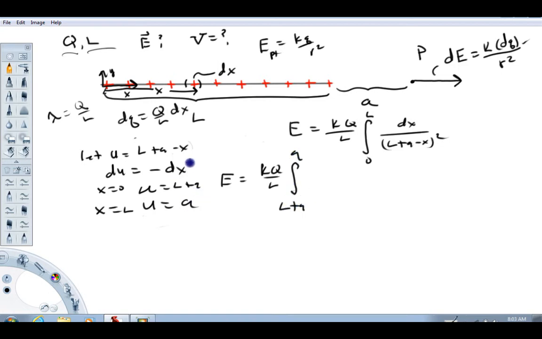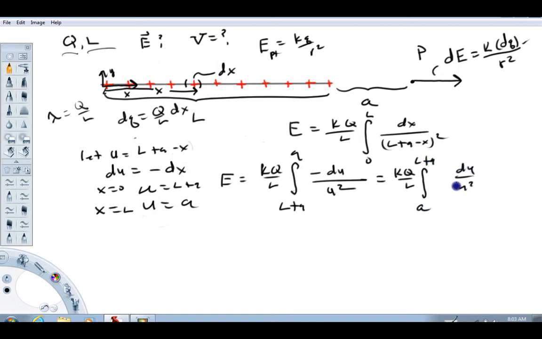And then dx from right here, I can see is equal to minus du. And then L plus A minus X is equal to u. Okay. So we've transformed our integral into a nice easy one. Now, how you handle the minus sign is up to you. I like to handle the minus sign by absorbing these into limits when I see things like this. So this is going to equal, absorbing this minus sign into the limits, the integral a to L plus A